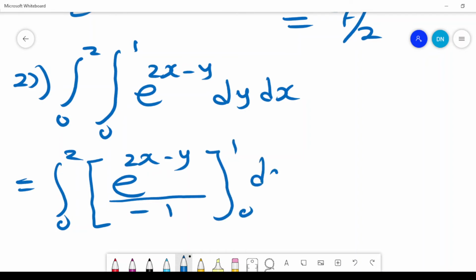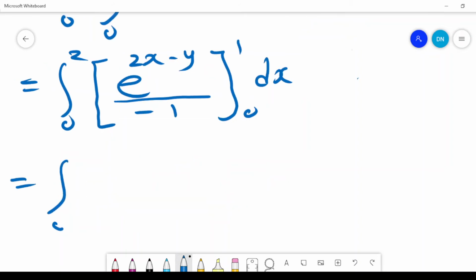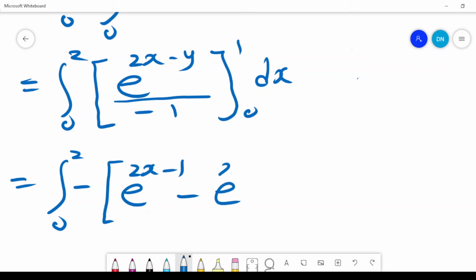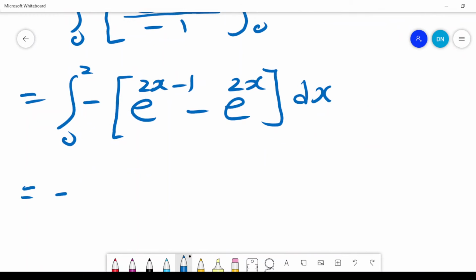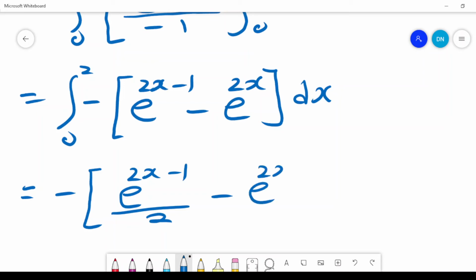0 to 1 dx. This gives me 0 to 2 minus e raised to power 2x minus 1 minus e raised to power 2x dx. Because whenever there is y, I replace it with 1 and also with 0. And therefore, that gives me minus, and I'm going to integrate with respect to x, that is e raised to power 2x minus 1 over 2 minus e raised to power 2x over 2, and the limits of integration are 0